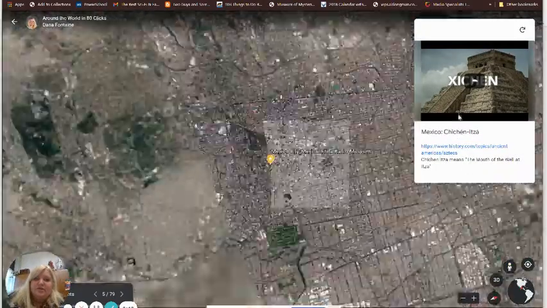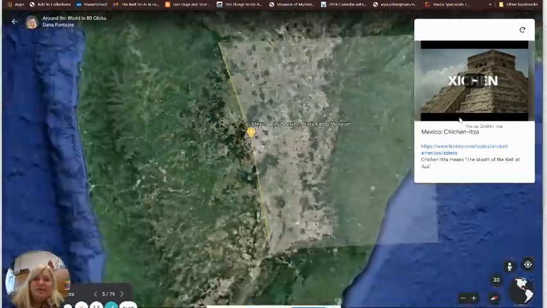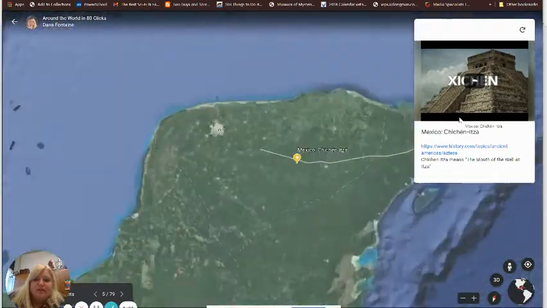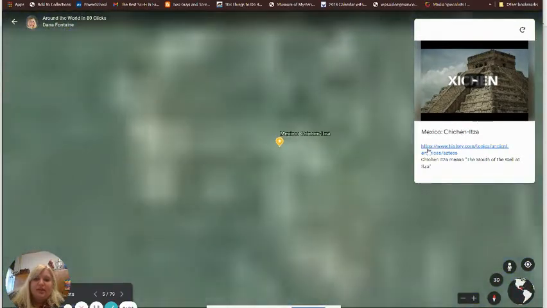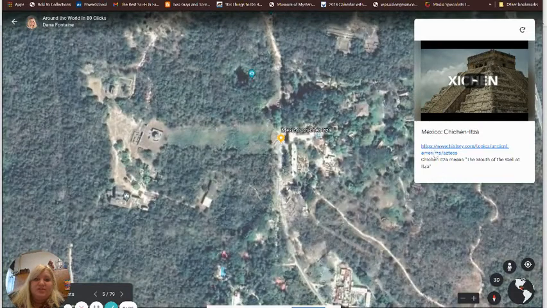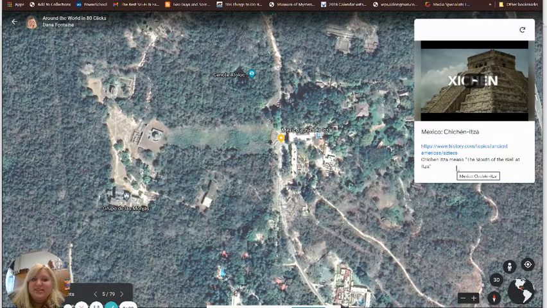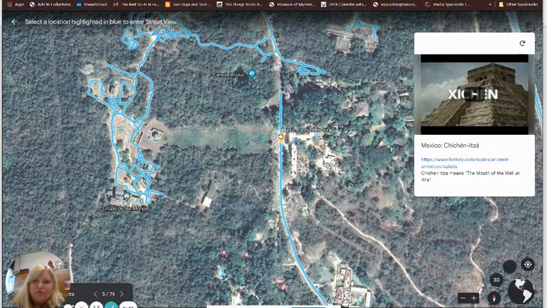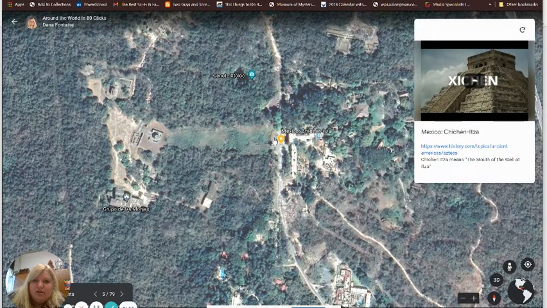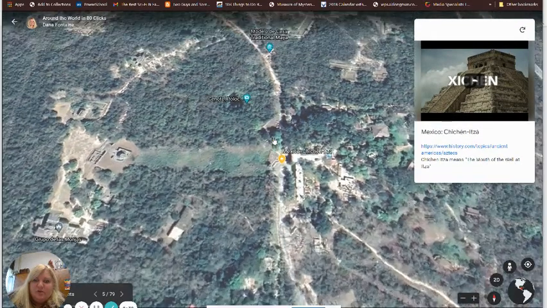Okay, so another one is Chichen Itza. And I have a really cool study right here, history.com, topics, Ancient Americas. Chichen Itza means the mouth of the well at Itza. So if you take your person and then you drop your person on one of those blue dots,